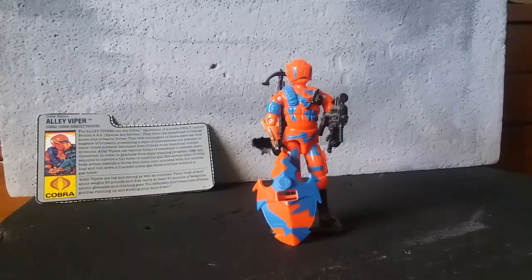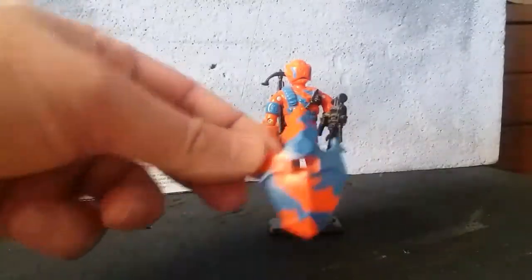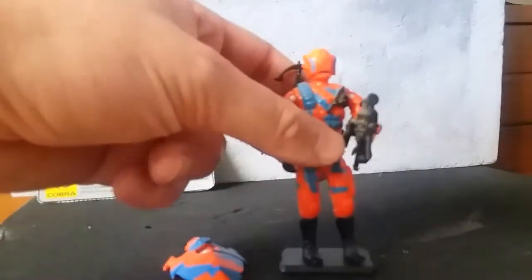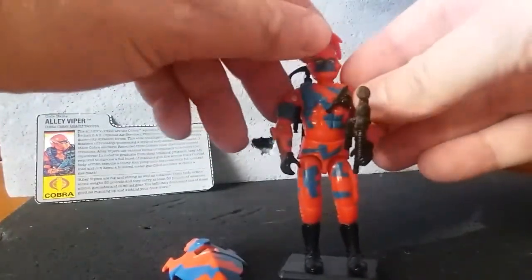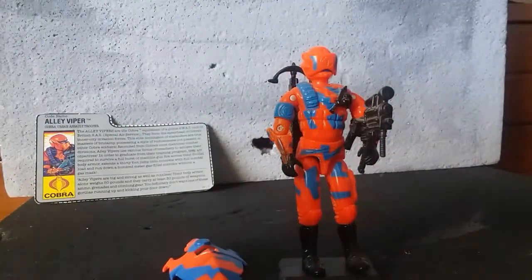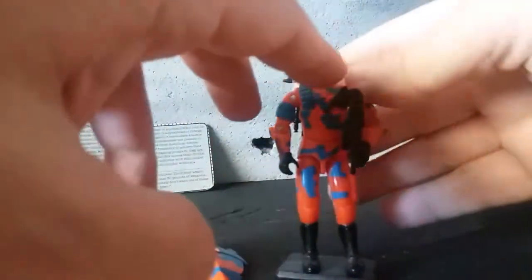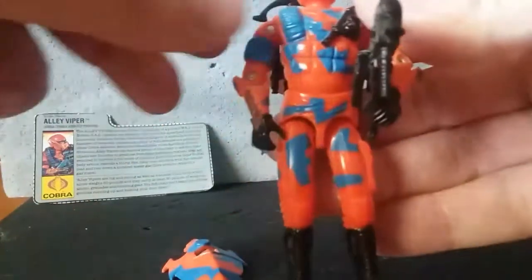1989 introduced us to a whole new Cobra figure, the Alley Viper. This guy is really cool. He came with a tactical shield. This is one thing that really attracted me to him outside of these bright colors. And he has a visor, which is also a very nice design. I like it, but he can't see through it. So that kind of confused me as a kid. It's like, why would they put a visor on him that he can't see through? But as you can see on there, he has this nice little Cobra logo, and I pretended that he could